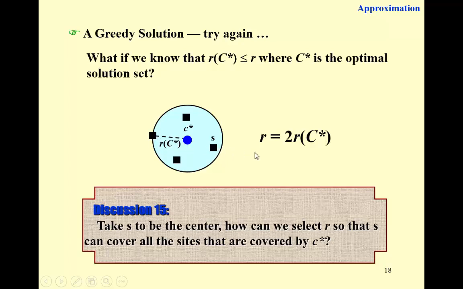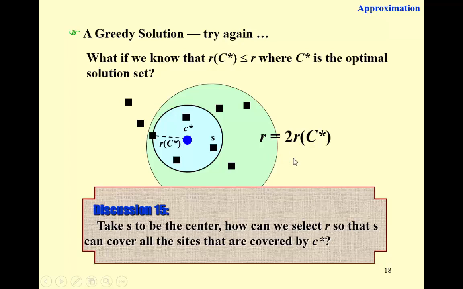It's going to be the diameter, right? 直径. So if we take this S as the center, and if we want to cover all the 4 sides that is covered by the real optimal solution, then the radius of this disk must be 2 times the optimal